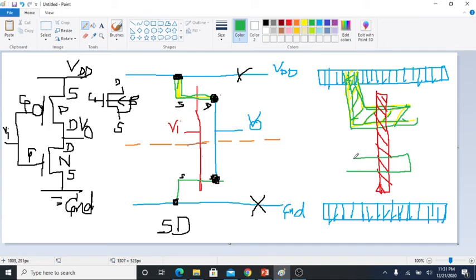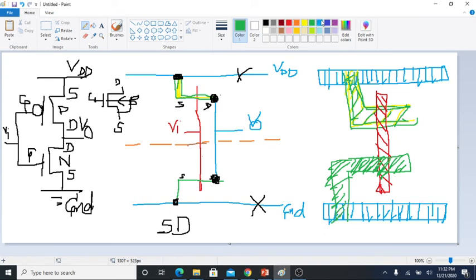And for N diffusion again you use left aligned lines, but this time when you are making, you have to make sure the spacing should be less, at least lesser than the P diffusion. So here the spacing will be less. You will make like this, and it is connected to the ground, so you will connect it to the ground with the less spacing.